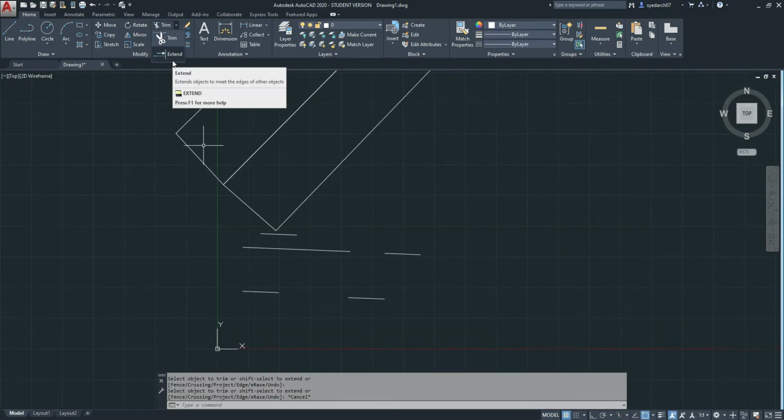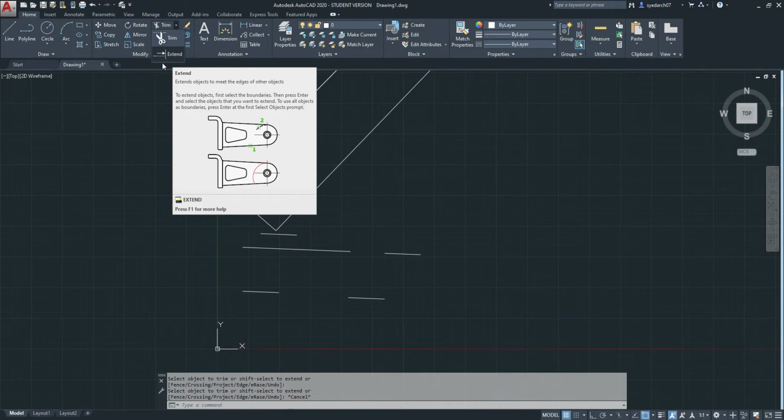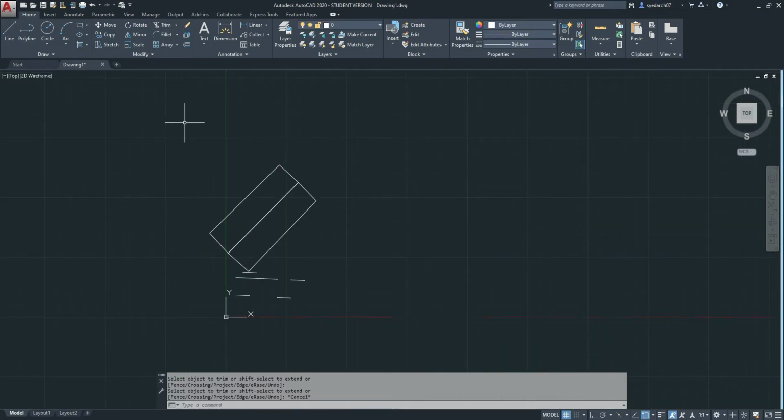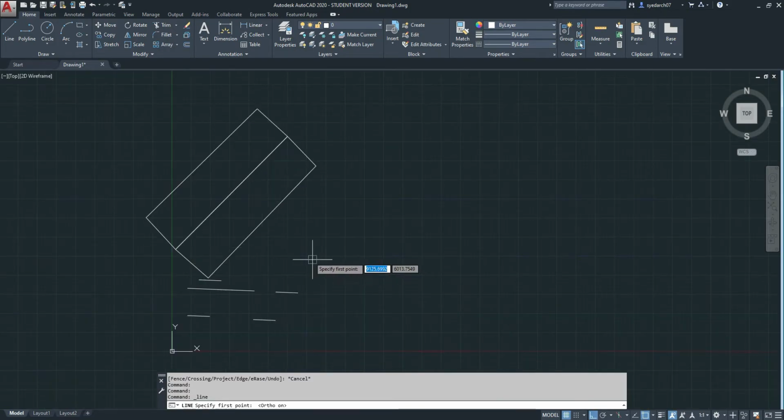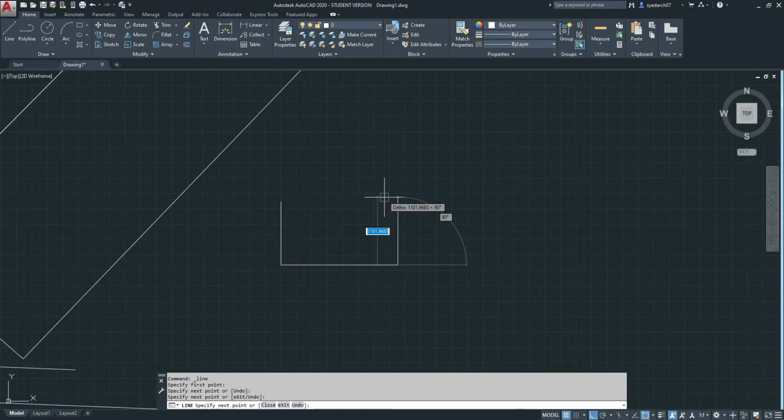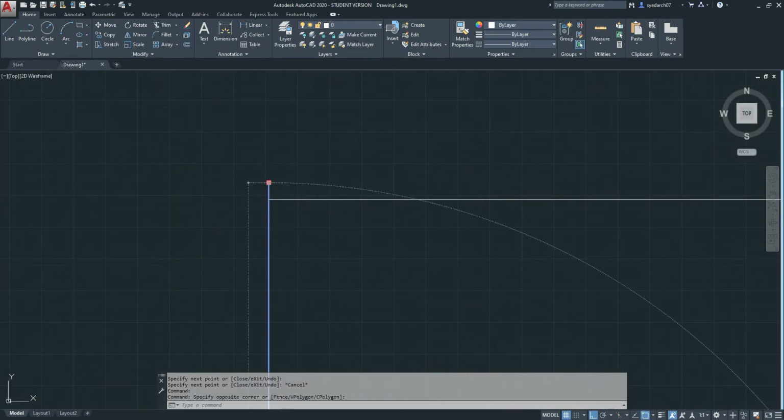Next we have extend. Using extend we can extend our object and meet at the edges. Let me show you with an example. Here I will draw a rectangle, and this time I will turn on my ortho mode. Now I will just make a gap on this side.